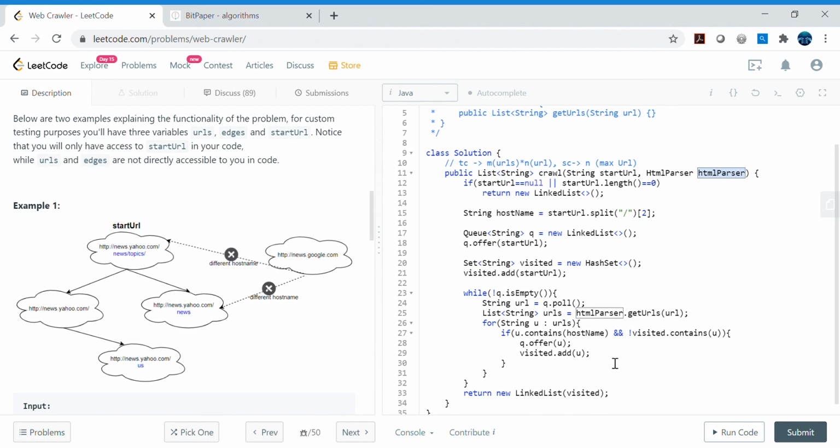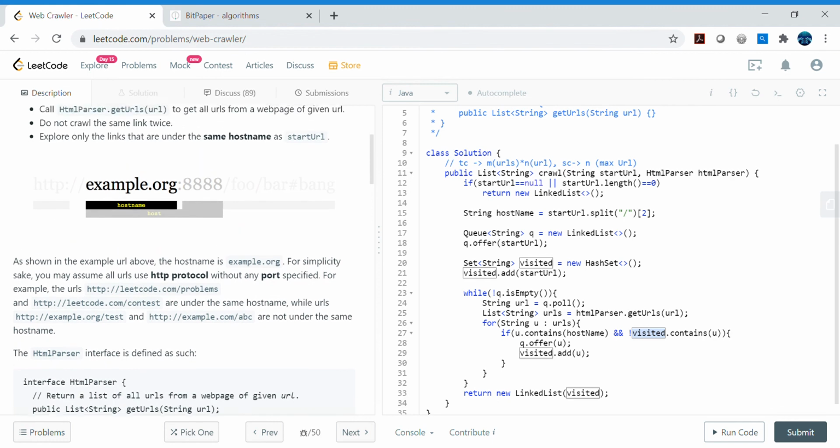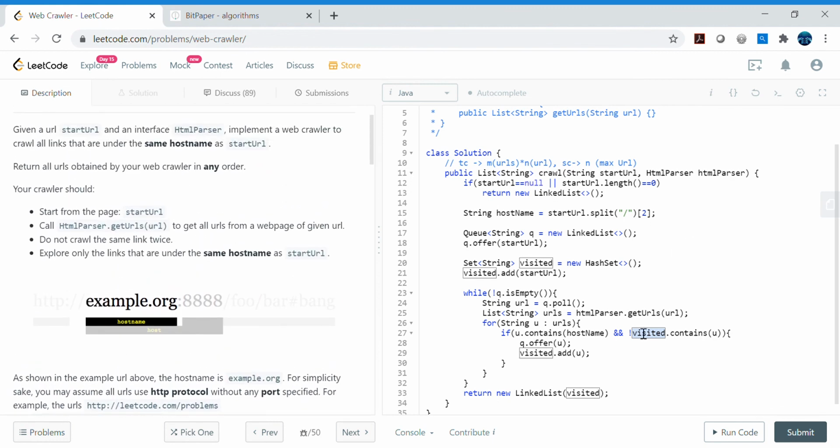Whatever URLs come along the way, we collect them, because we don't have to visit one URL more than one time. That's why we are using the set here, to maintain the uniqueness of the URLs. URL here is a string, so that's why I mentioned string, but they are definitely URLs.